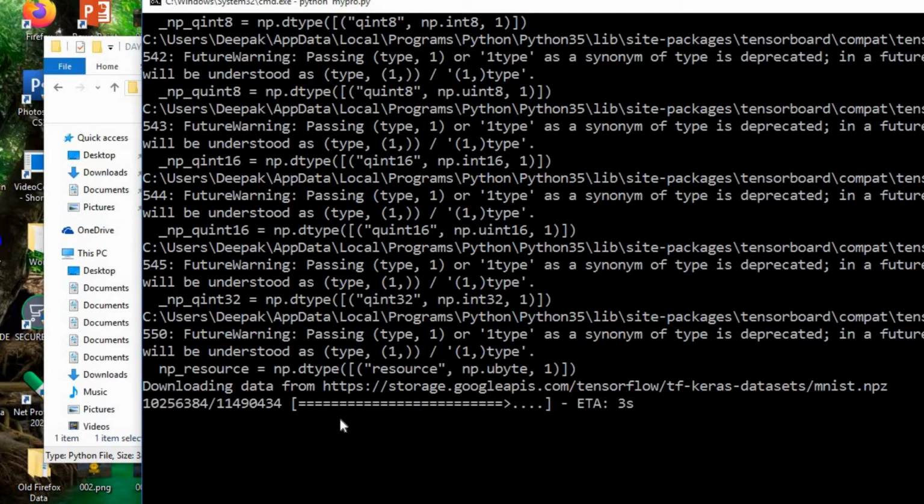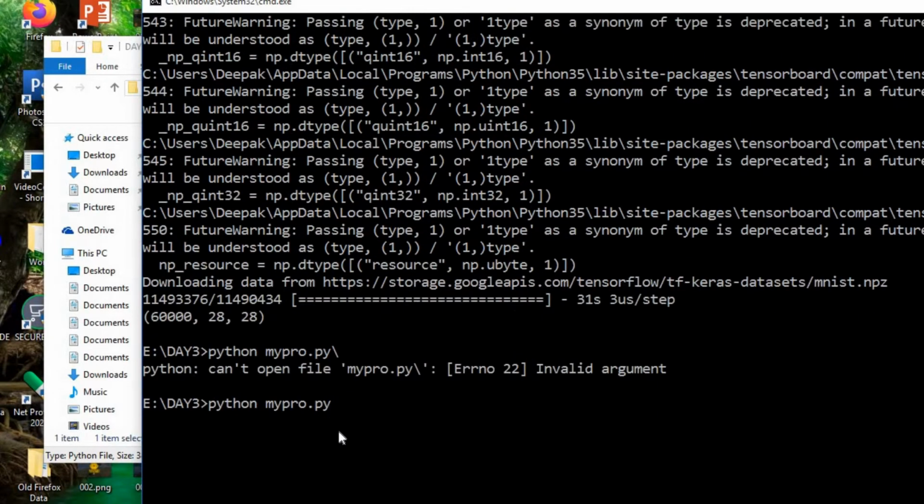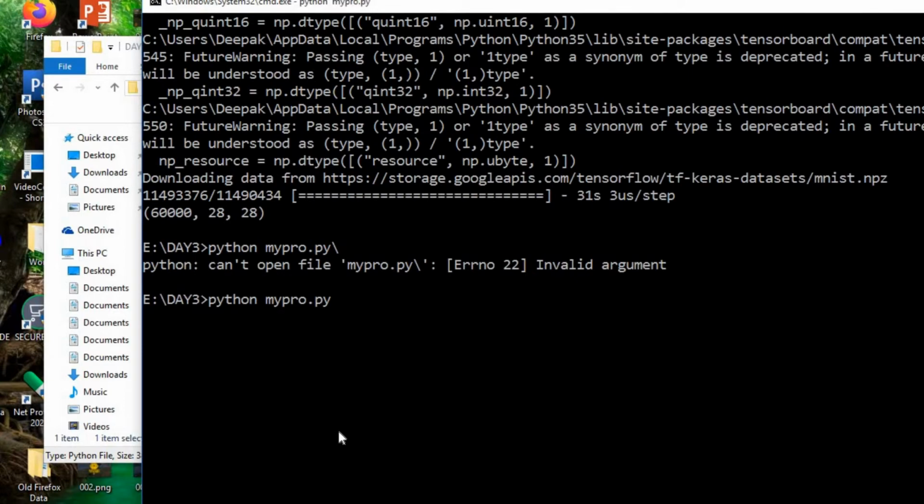Numbers are written by people on some pages, and those images are taken as the MNIST dataset. After successfully downloading, it has printed the shape 60000, 28, 28. So there are 60,000 images of 28 by 28.